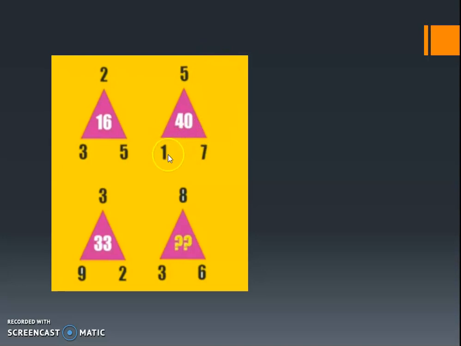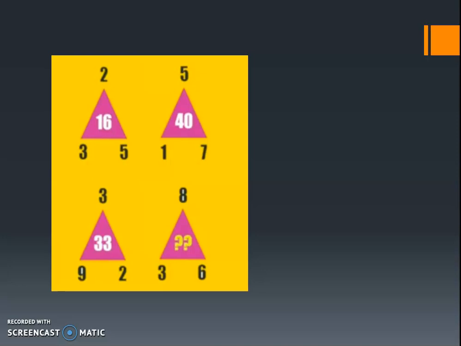Likewise for all the remaining triangles. Once you find the answer for the first triangle, you can check the same condition for the second one and the third one, then you can use the same method to complete this third triangle. Is it clear? So you have to identify with the help of which combination we are going to complete it.